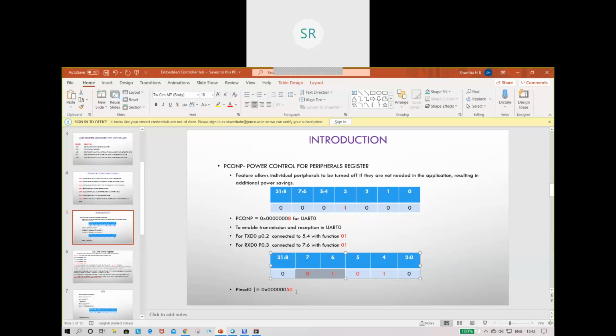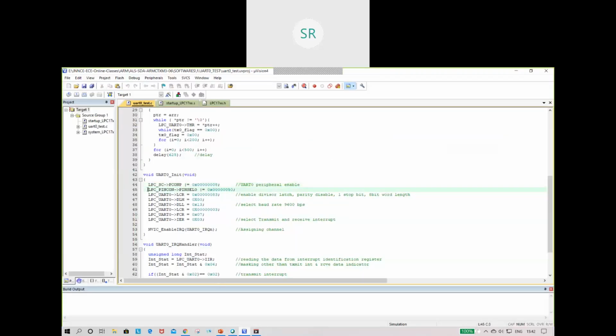So the value will be what? Bits 0 to 3 will be 0, the 4th bit is 1, the 5th is 0, the 6th is 1, the 7th is 0, so the value will be 5. The pin select, I'm going to use the pin select, that is the second line, PINSEL0, because port 0 pins 0.2 and 0.3 are being used, that is the value. If I give the value as 50, then you're going to energize the transmission and reception of the UART